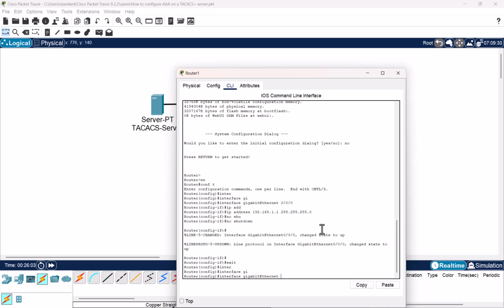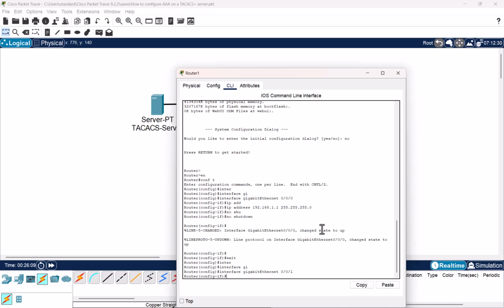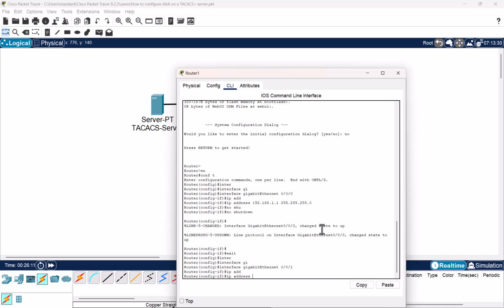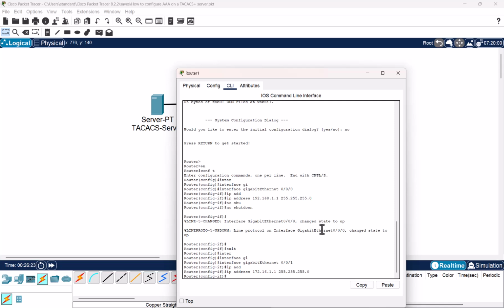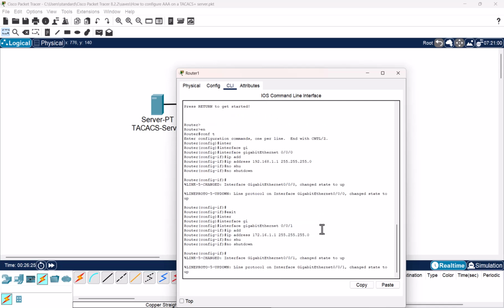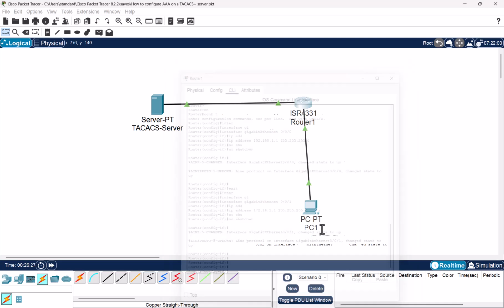And next I'm going to enter the other gigabit Ethernet interface facing the PC. So IP address, I'll give it 172.16.1.1, 255.255.255.0 will be its subnet mask. And no shutdown. Close the window,